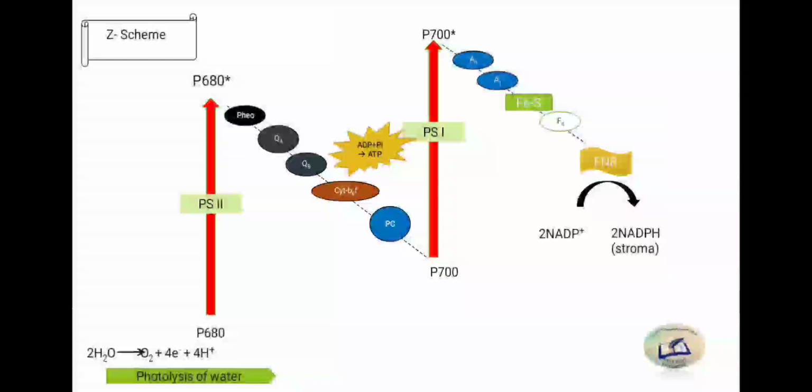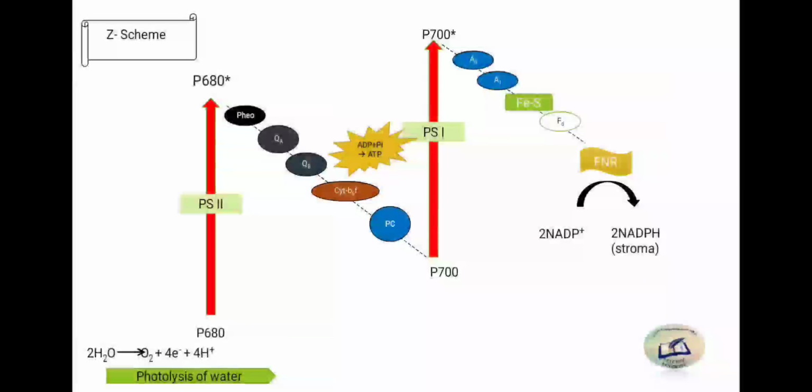the ferredoxin, and then with the aid of the NADP reductase enzyme, which is present in the outer membrane of the thylakoid. This whole process is taking place in the thylakoid. The ATP formation and other things are taking place in the inner membrane of the thylakoid, while this FNR enzyme is present in the outer membrane of the thylakoid, where NADP plus is reduced to